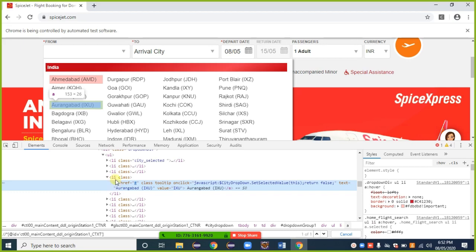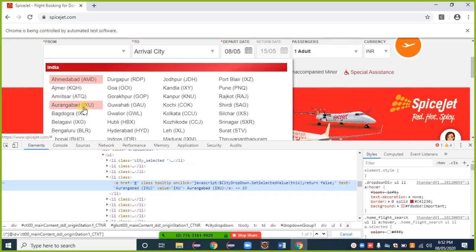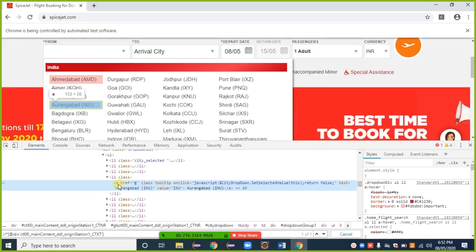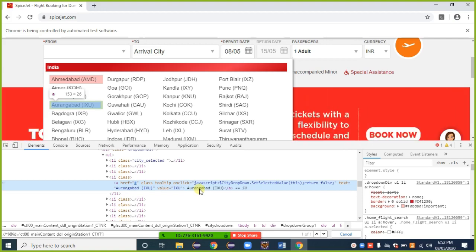It means that it is a link. When any web element has HTML code with the tag name as a small a, then that is a link. So here I am going with a text. I can go with link text also, keep in mind, or partial link text. Here I am going with text. The total text I am selecting here, Control C.